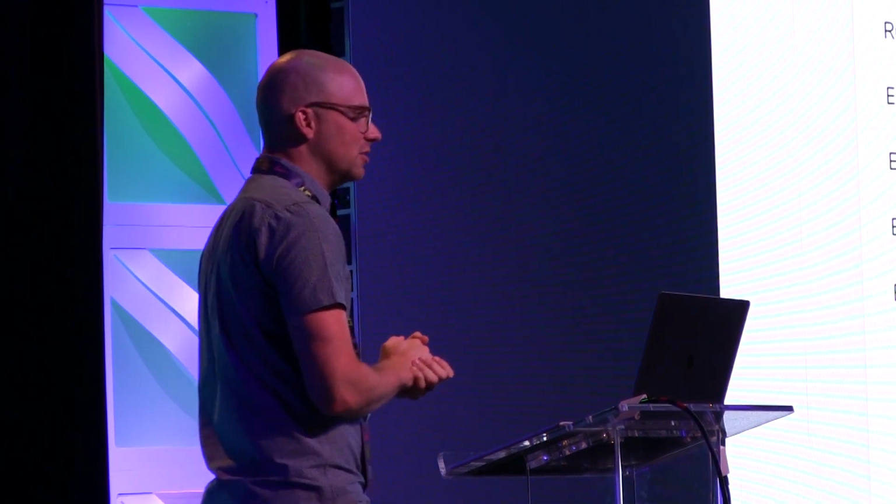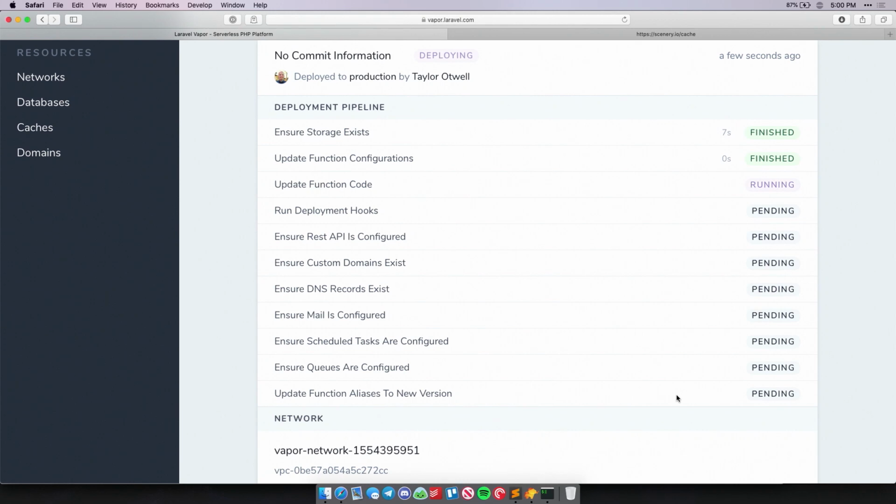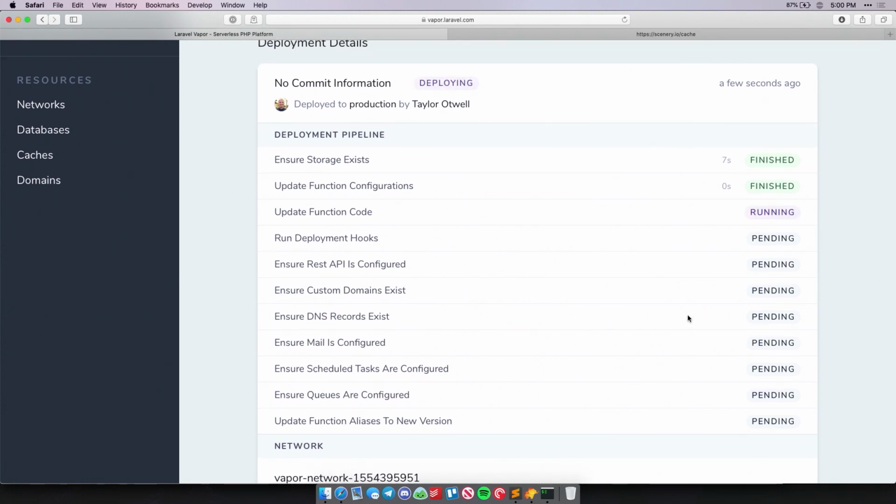The Redis C extension for PHP is already installed in the Vapor runtime. We don't have to worry about that, so we know we're going to get great performance. And then we'll be accessing this Redis cluster without flipping any other switches or injecting any other environment variables manually on our application. So it's really easy to attach these clusters to your projects. All right, let this finish up.